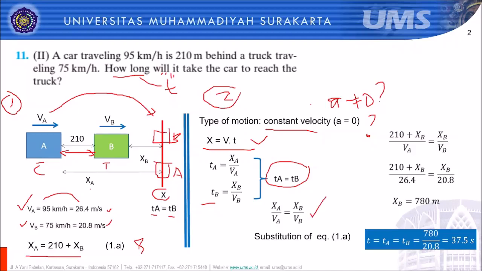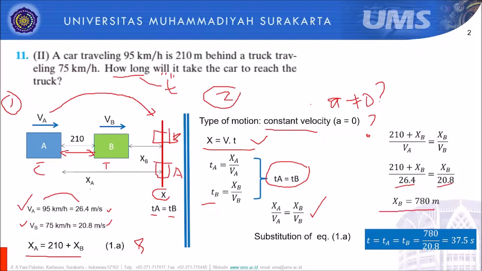And then put in the values here, XA is 210 plus XB, divided by VA. Just put in the value of velocity or speed. This is 26.4 and 20.8. And you can easily calculate XB, but